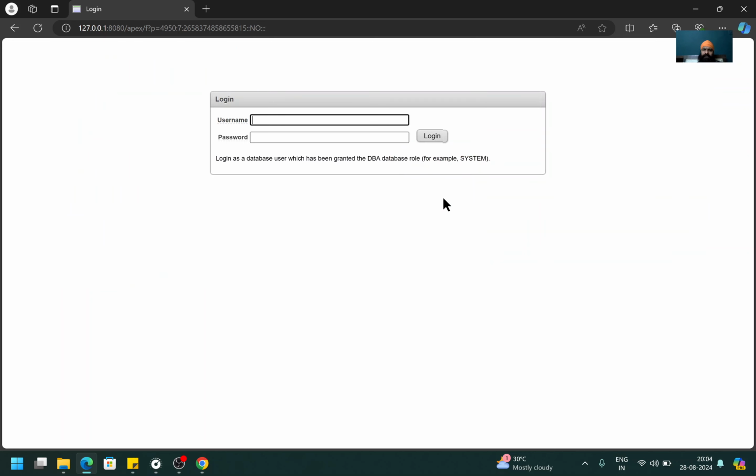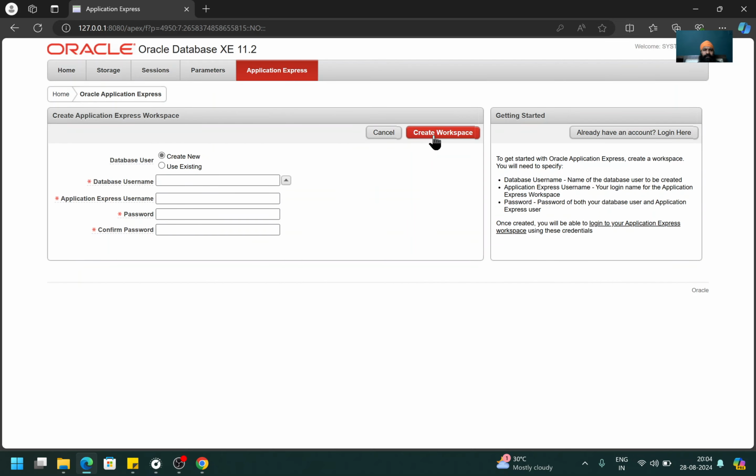So click on this link, and the username is system. So there are default users which have already been created in Express Edition. One of them is system. So this was the password which I set at the installation time. So let's log in. So now here we are going to create a new user. That is the system password, you can say, of the Oracle database Express Edition. So okay,